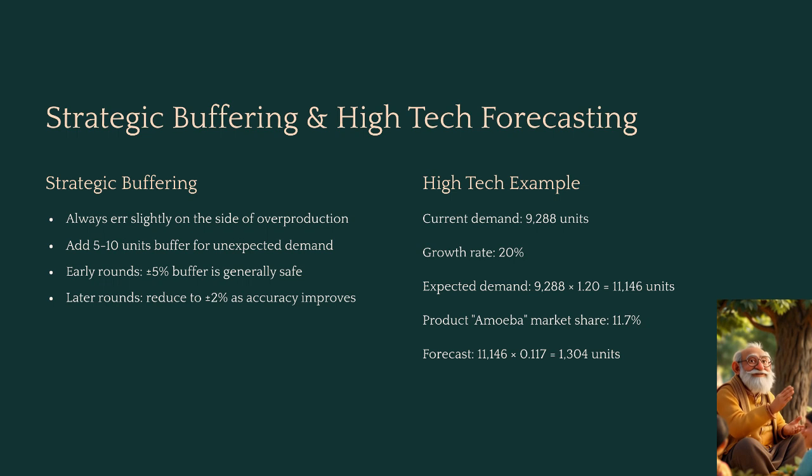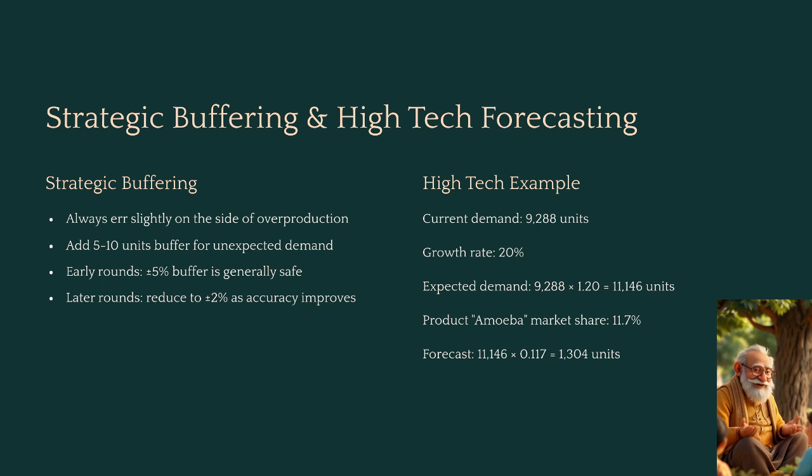Section 6. Applying the same process for high-tech. Let's now turn to high-tech. The same methodology applies, but the numbers are different. Current high-tech market demand, 9,288 units. Growth rate, 20%. So, expected demand next round,